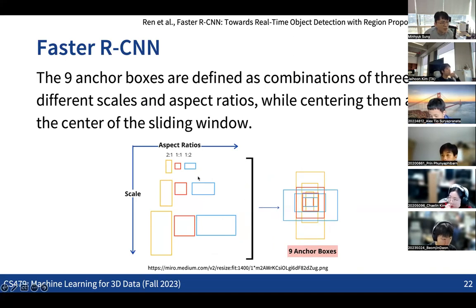We have 3 samples of the aspect ratios and 3 samples of the scale. By making all the combinations of these 3 aspect ratios and 3 scales, we make the 9 anchor boxes, which are centered at each pixel. So if we take n pixels, we have 9 times n candidate regions. So that's the basic idea.